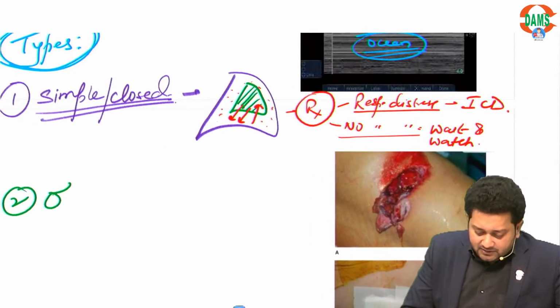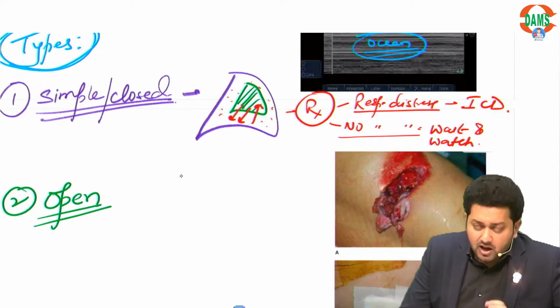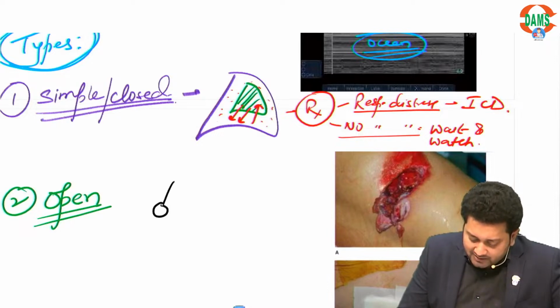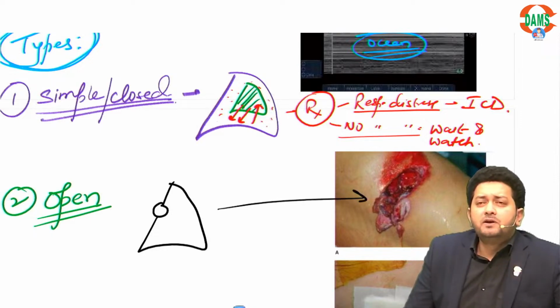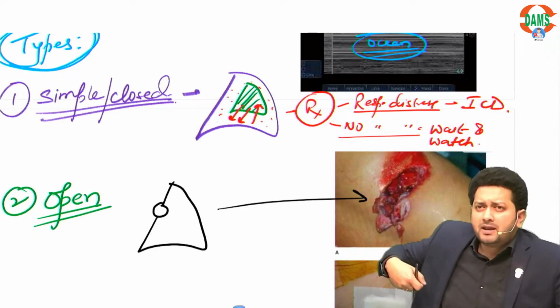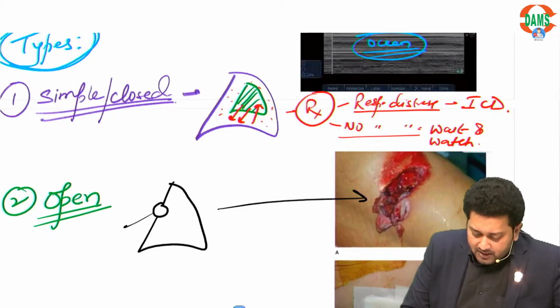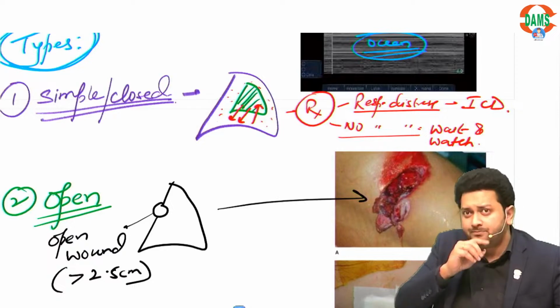Second one is more dangerous, that is open pneumothorax. So now just focus. In open pneumothorax, there is an open wound on the chest wall. Like you can see, there is an open wound on the chest wall. There is some penetrating injury, some shotgun kind of injury. So there is an open wound on the chest wall, and if that wound is more than 2.5 centimeter, just